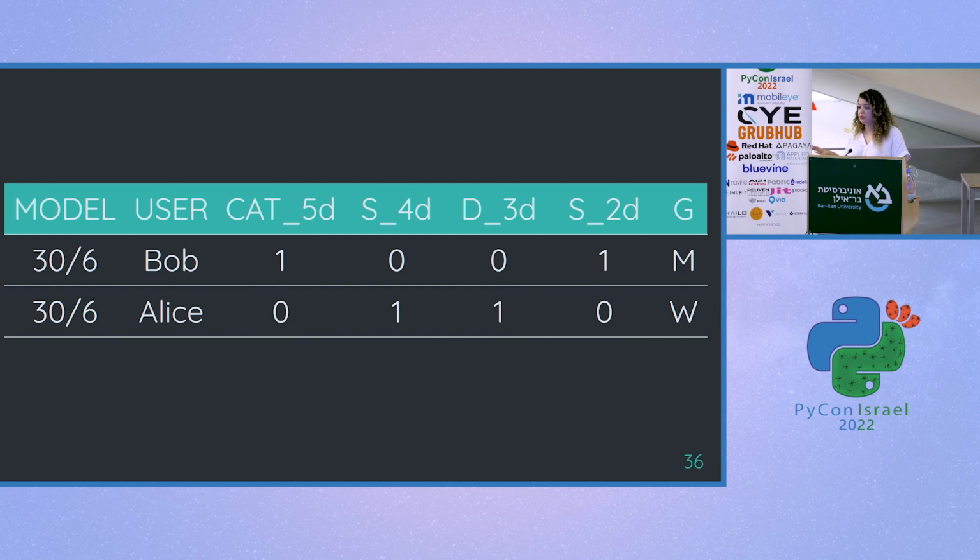Now, this is one specific model run date, but you can repeat the process for many model run dates in order to have more predictive data, because you're actually multiplying your data set and your labels.